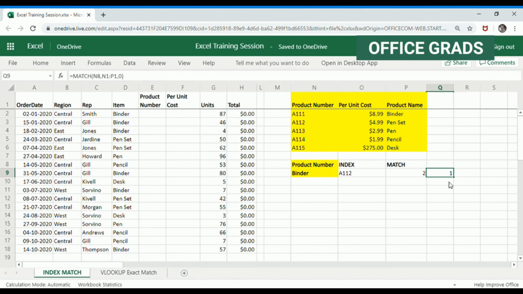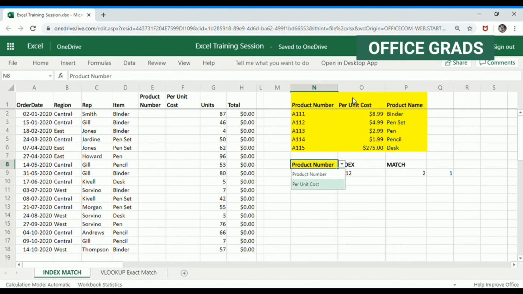1. Okay, why is it giving me 1? Because from the area that you have selected, this is my first column. So let's say it had been from M1 to P1, what would have been the result? It would have been 2 because from the selected area, that's the second column, right? So your selection is very important in that case. And again, I'm getting back to N because I'm only going to select these three columns.